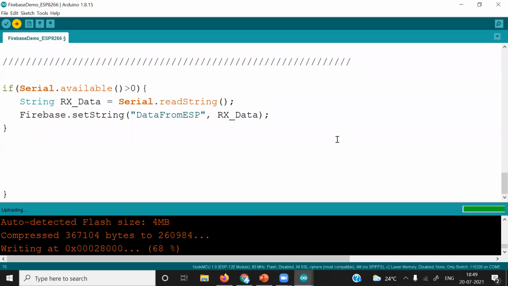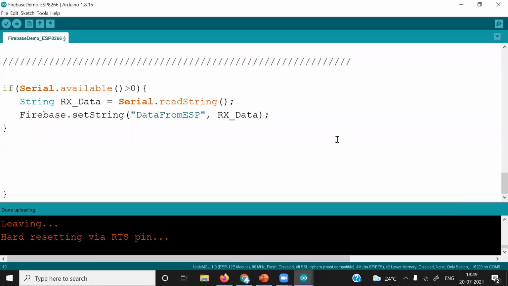I will open that code also. I will connect the ESP8266 with the microcontroller now, and we will observe the real-time data changes, and we will send the command from the Android application to the ESP8266 to control the LED. And from the ESP8266, we are receiving data to the Android application. So simultaneously, we are exchanging data and observing it in real time.